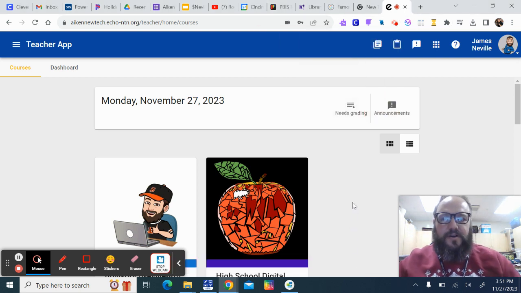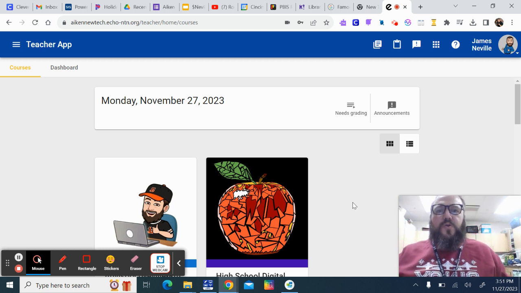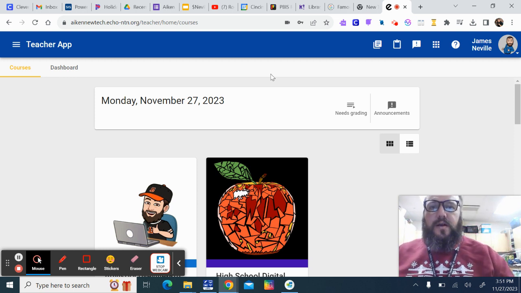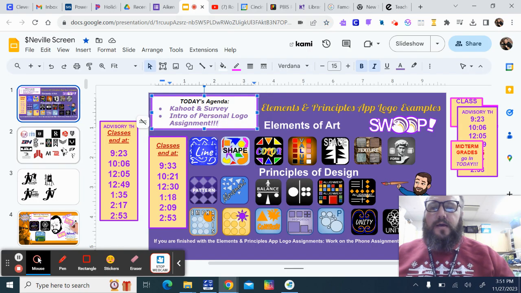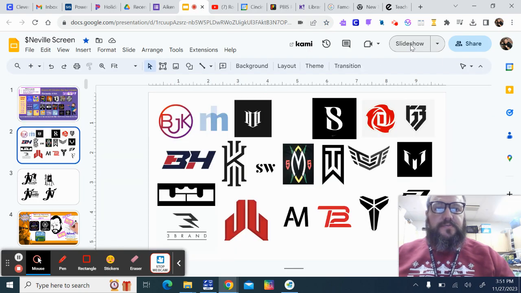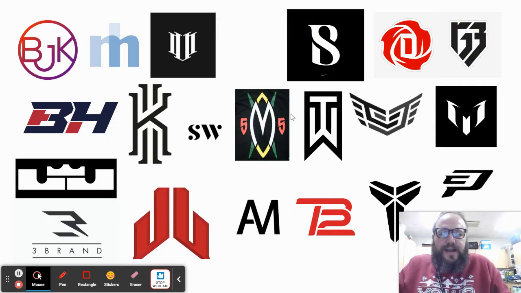I'm going to talk about our next big project, which we've been doing, the logo apps. So now, what we're going to do is you're going to create your own app for yourself, or sorry, not app, but design. So this right here, if you look, is some examples of some logo designs, personal brands